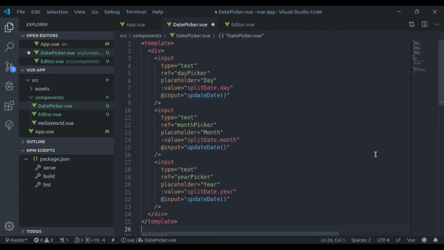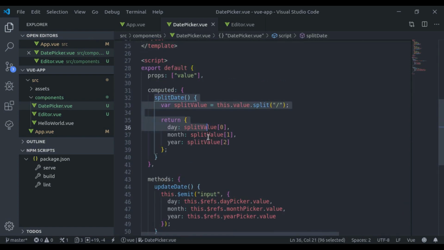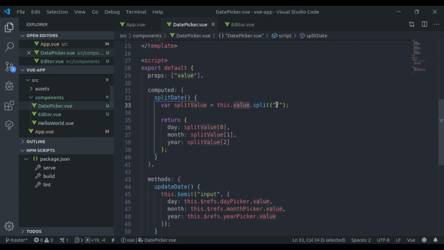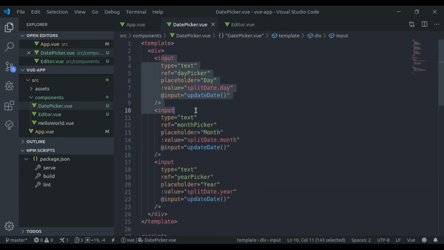Let's format this. So now what we are doing here, we have created this splitDate computed property and we split the value which has this date, day, month, year by this slash, and we returned the object day, month, year. And in this input field we stored splitDate.day, splitDate.month, and splitDate.year.